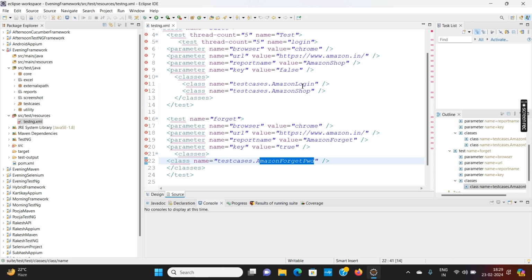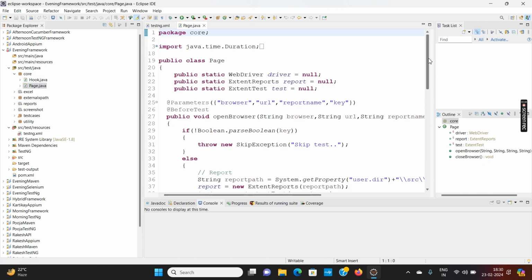If you want to run both of them, you can change the key to true, then both of the test cases will get executed, and if you make it false, then the key value will be passed to this